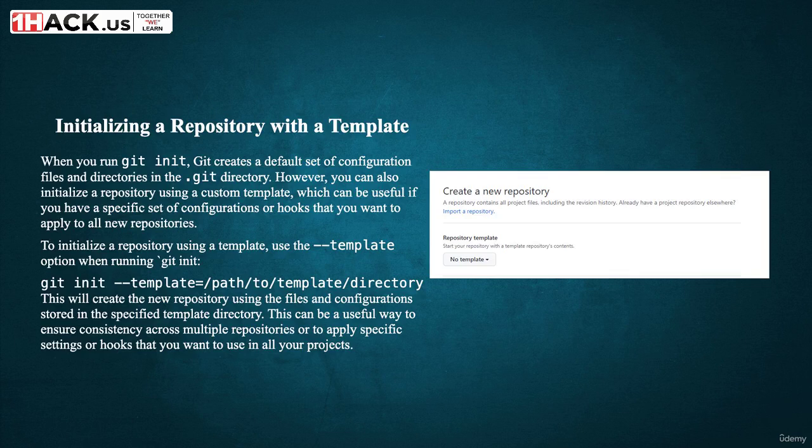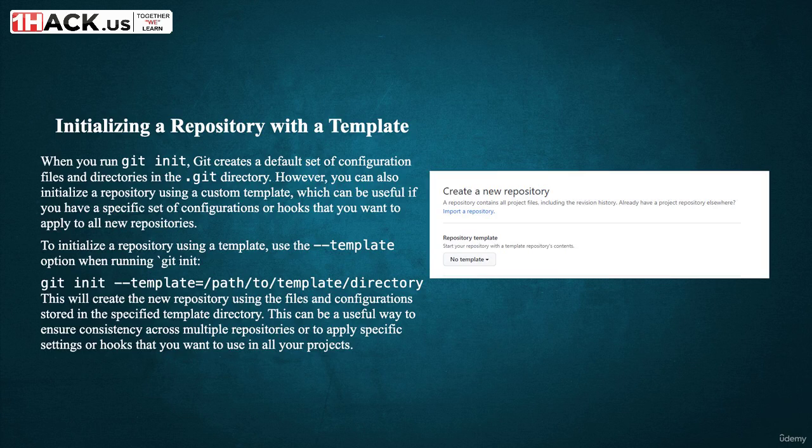To initialize a repository using a template, you can use the --template option when running git init. The command would look like this: git init --template=/path/to/template/directory. In this example, /path/to/template/directory is the path to the directory containing your custom template files. When you run this command, Git will create the new repository using the files and configurations stored in the specified